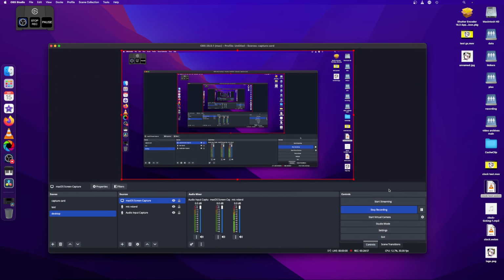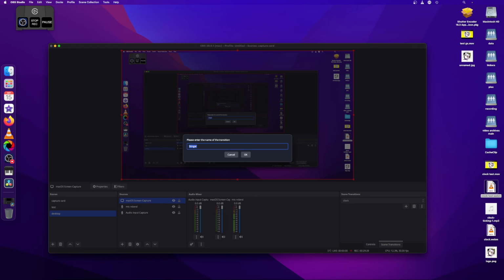So now you go to where it's... I'm running 28.1, so it may look different for you if you're not running 28.1, with the Yami skin. So you go to where it says scene transitions, and now you go to here where it says add, the plus button, and now you go to Stinger, and now you name this Stinger. For example, I'm gonna not keep this test